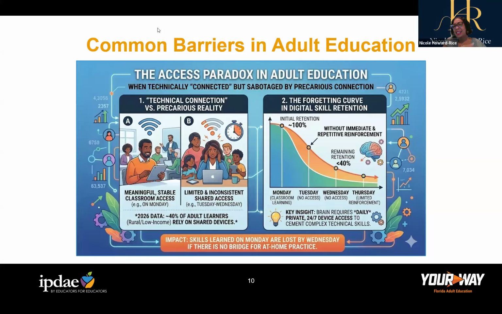And then access. They could have access to the device, they could have access to the internet, but they don't have time to practice because they have to feed a family. They have to go to work at night. They're working two jobs, they're working three jobs. So those things have to be considered as it relates to the expectation around the mastery, and then aligned with the inconsistencies around being able to apply.